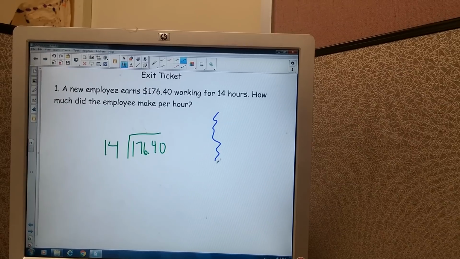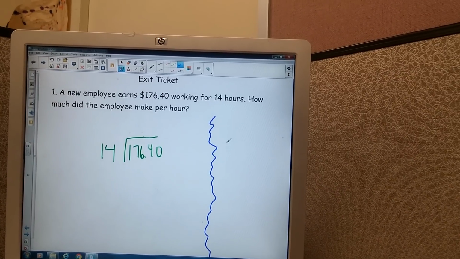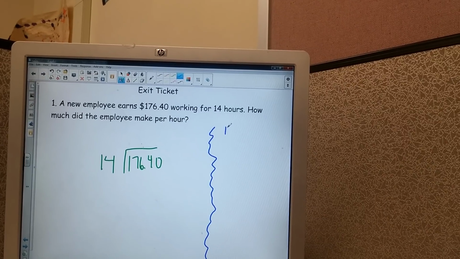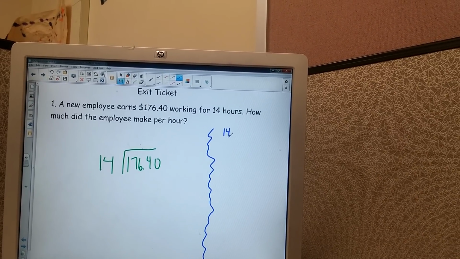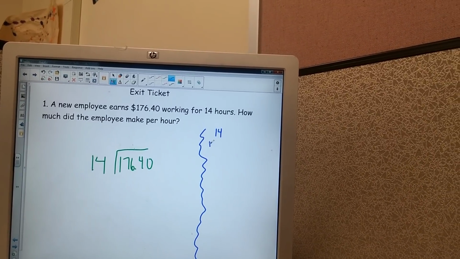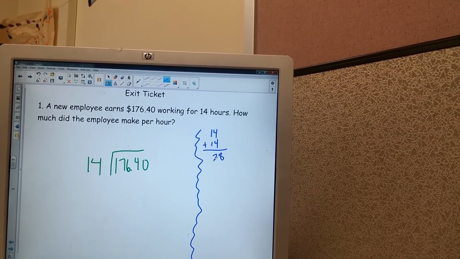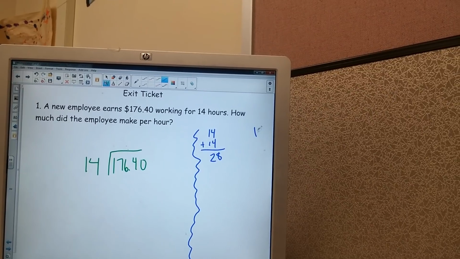Before you get started, you're going to have to take some time and list your 14s off to the side. Here's a quick strategy for you. You know 14 times 1 is 14. If you're not sure about the next one, you can add another 14. 14 plus 14 is 28. And then I'd keep track of them over here. So it's 14